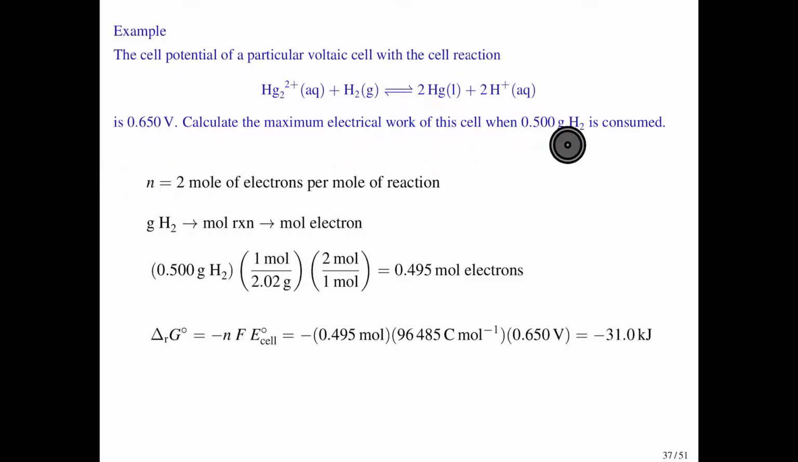What we need to do is to take the grams of hydrogen that we have that are being consumed, and then to convert that to moles of electrons using stoichiometry. So the conversion factors that we execute are grams of hydrogen to moles of reaction to moles of electrons. And so there are 0.5 grams of hydrogen being consumed. The number of moles of hydrogen that you would have is obtained by dividing by the molar mass. And then there are